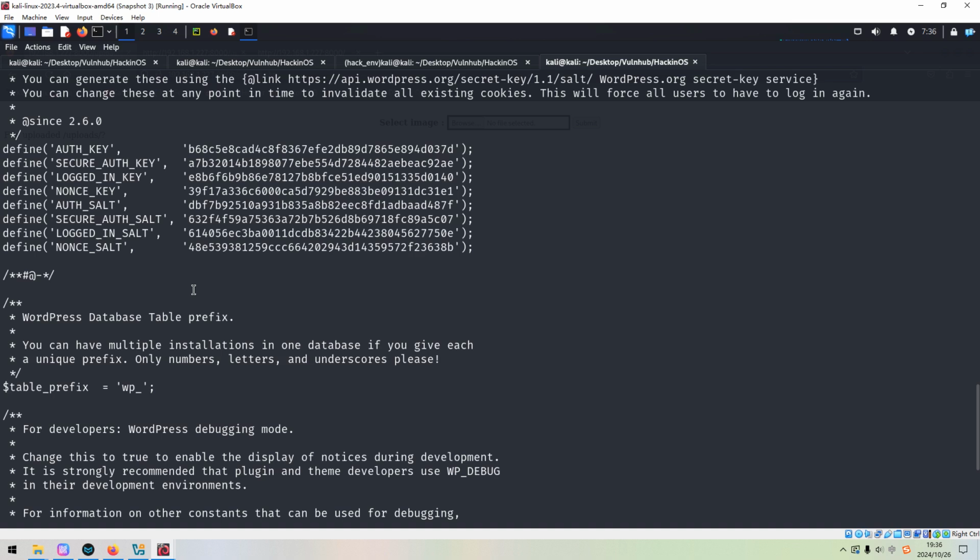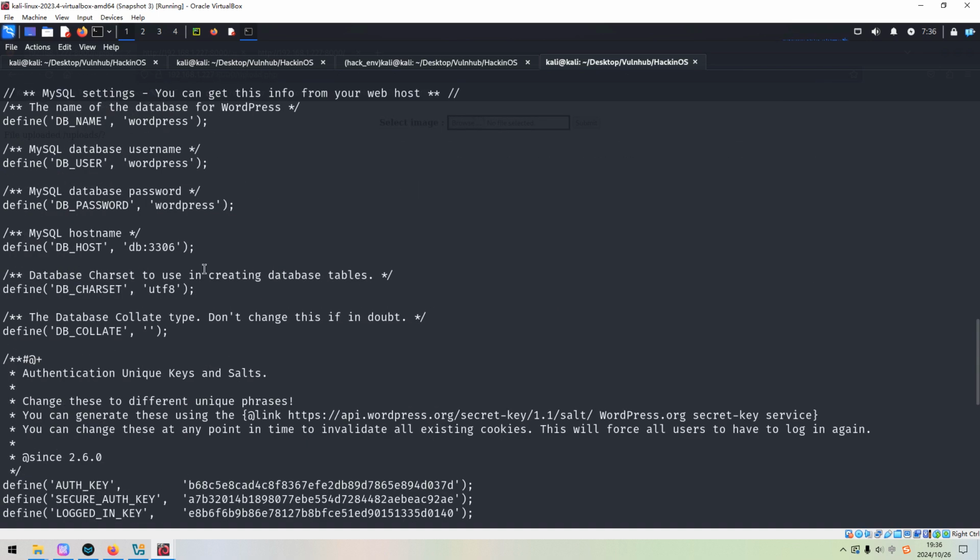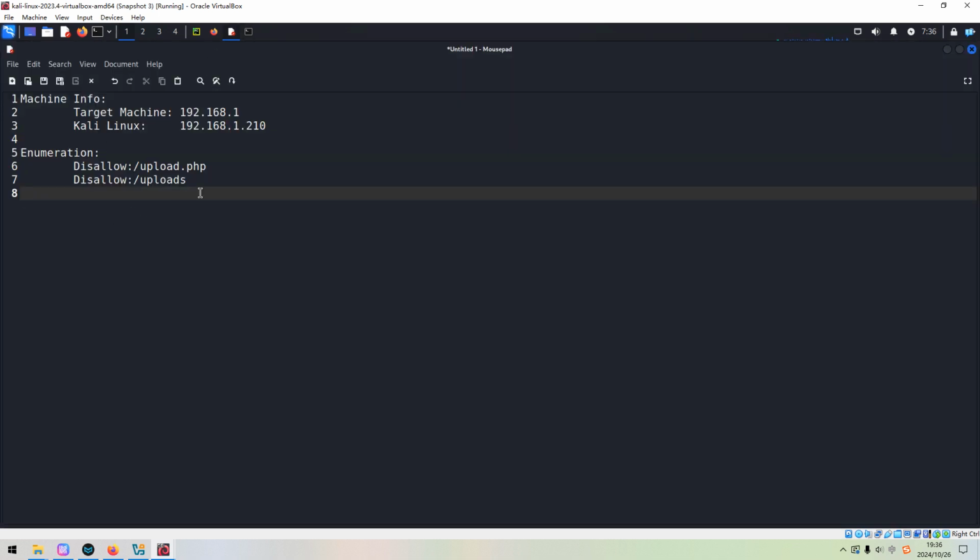Then we can get the WordPress connection credentials: both the username and password are WordPress. Interesting.